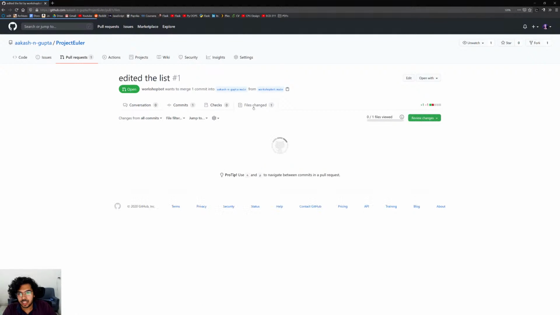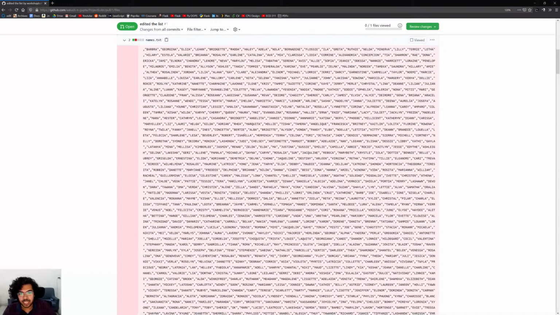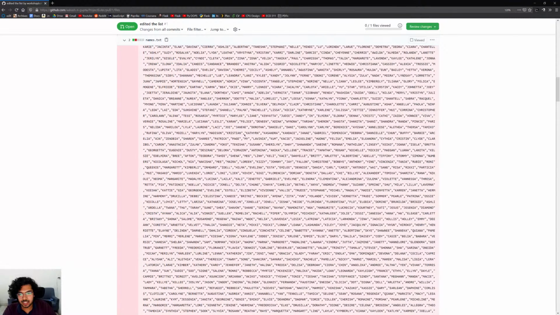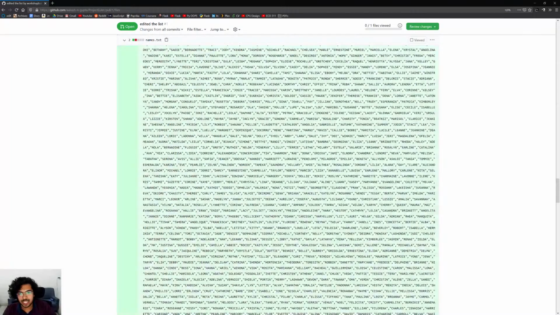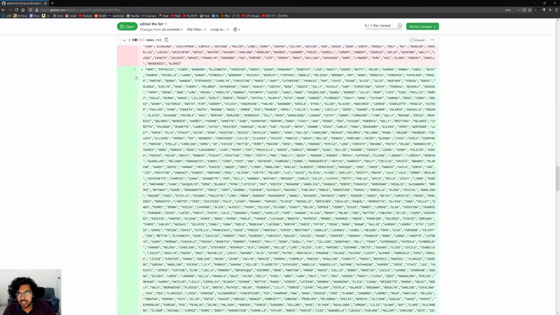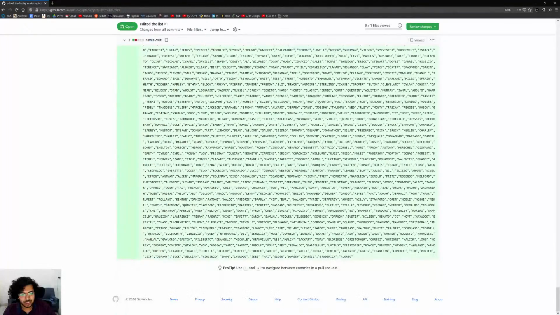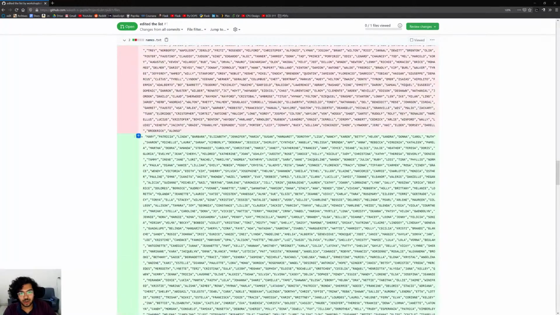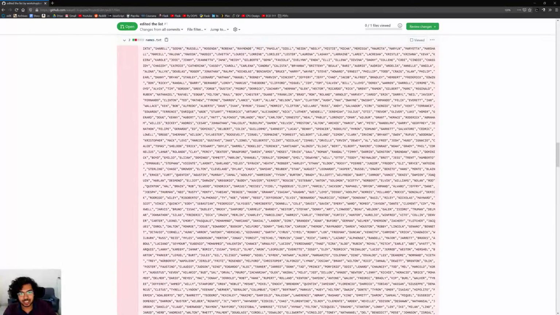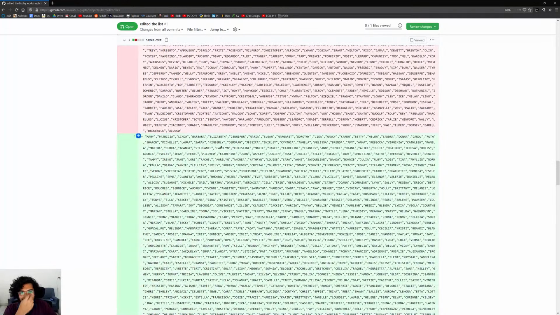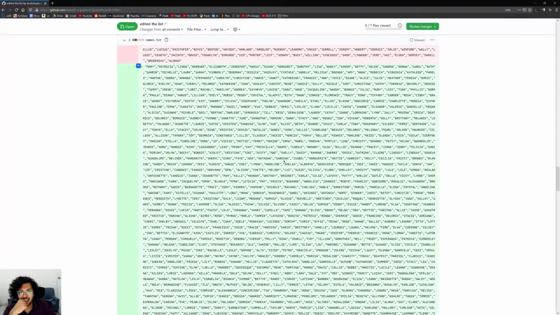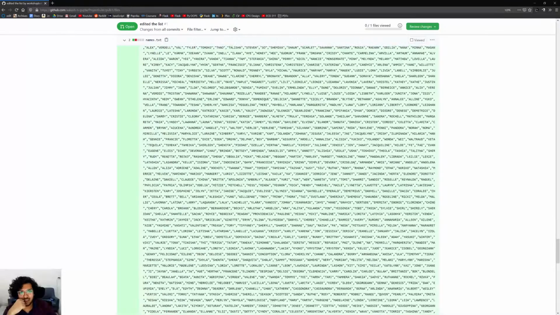and files changed. Okay, so now the red part is what has been removed, and the green is what has been added. This is a very large file, so it's not as clear here. I actually changed something in the middle, so it is showing the whole list again. If I had added a statement at the end, yes, okay. You can continue.